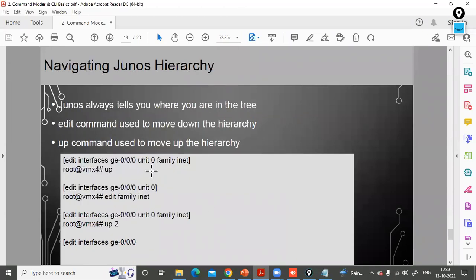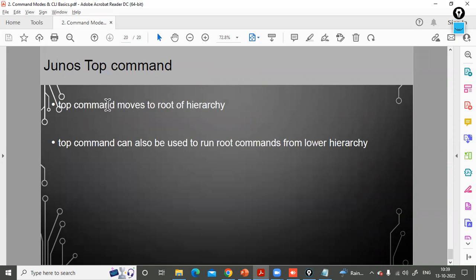This is what I was telling you. Junos always tells you where you are in the tree. The edit command is used to move down the hierarchy. The up command is used to move up the hierarchy. Then you have the top command. The top command can also be used to run root level commands from a lower hierarchy. So what happens here is, if I go back,